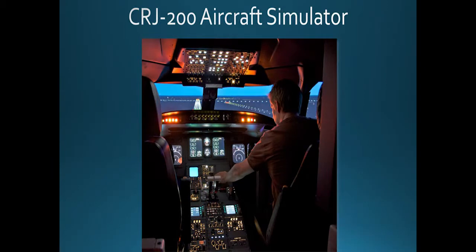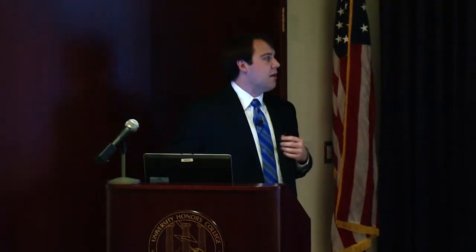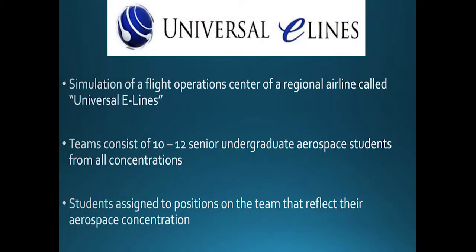But not only do we have this, we also have a CRJ-200 aircraft simulator located out at the Murfreesboro Airport. And CRJ stands for Canadair Regional Jet, and a CRJ-200 is just a 50-passenger aircraft. And it's a level 5 simulator, so that means that the FAA believes it's an exact replica, if not a very similar replica, of a cockpit in a real CRJ-200 aircraft. So overall, the NASA Focus Lab is a simulation of a flight operations center of a regional airline that we